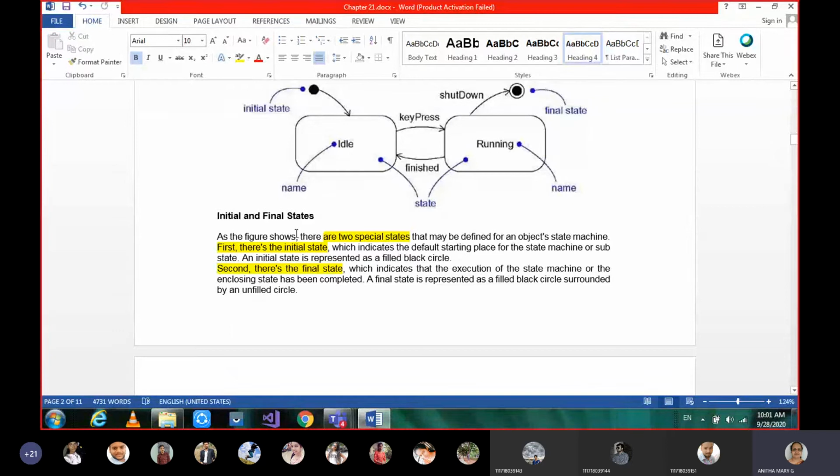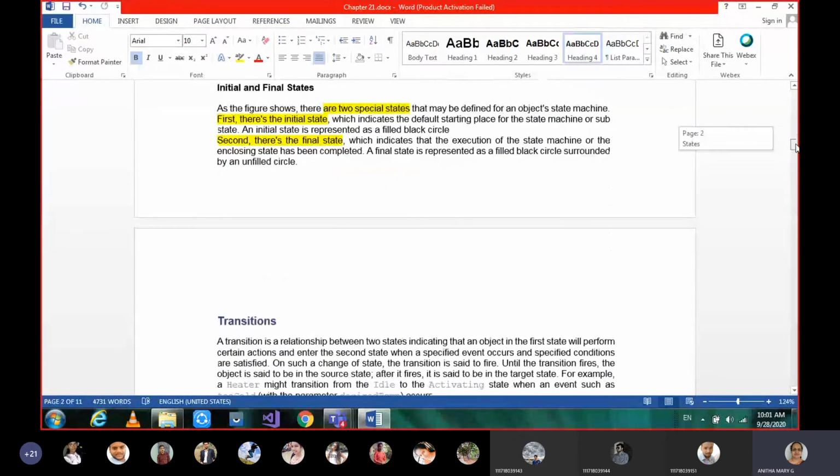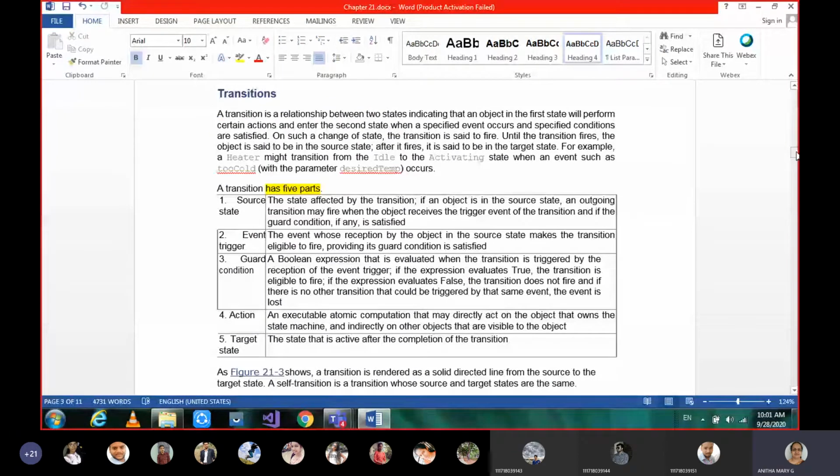Two special states, that is starting and ending. And then transition. A transition is nothing but the flow of control transferred from one object to the other, or the connection between one state and the other state. We call it a transition, and we show it as a solid line with an arrow pointing to the next state. Again, we may talk about what type of flow control it is, how exactly the flow control is given, more specifically.